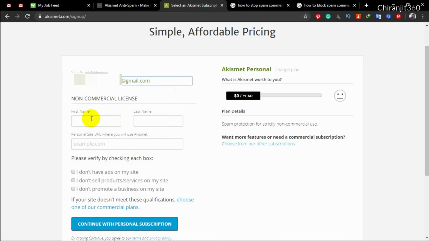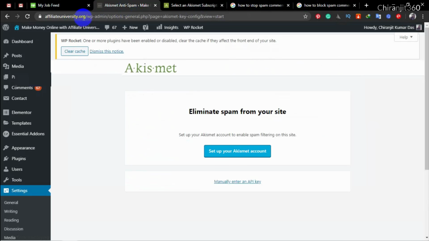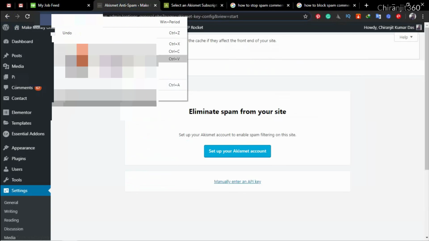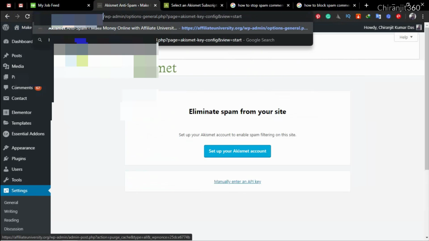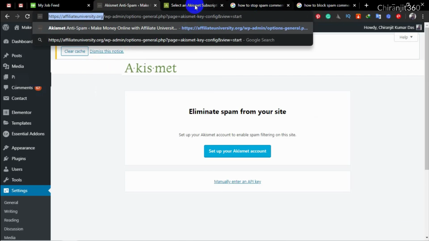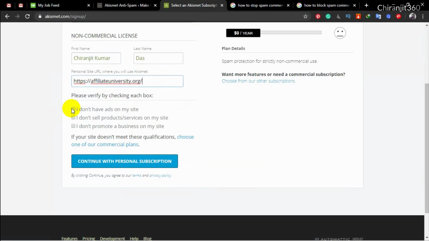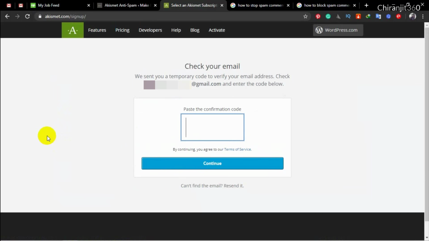Paste, and then first name, last name, and then site URL. After that just click these three options and then click connect with personal subscription, and you have to confirm the email address.